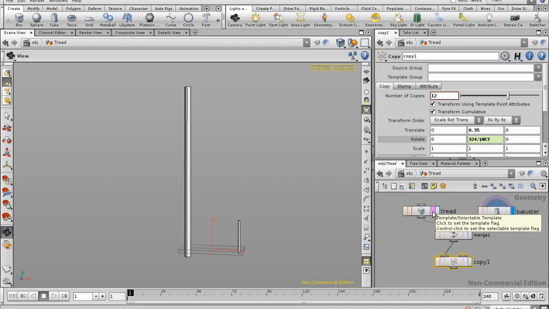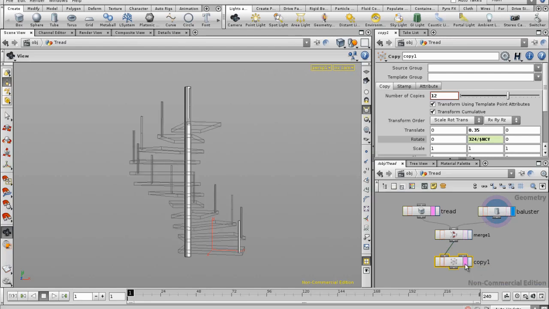Now there will be times when you might want to have multiple templates displayed for whatever reason, and you can turn on as many template flags as you want. Although you can only have one display flag toggled on at any time in a SOP network, you can have multiple template flags. Now in this particular case, they're not going to make a lot of sense here, but just to show you how to do that, if I also wanted for some reason to template the final merge SOP as well, then you can add additional templates just by holding down the shift key. So if I shift click on the template flag for the copy SOP as well,